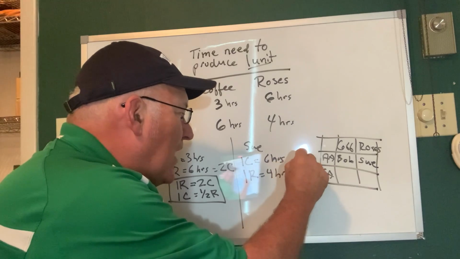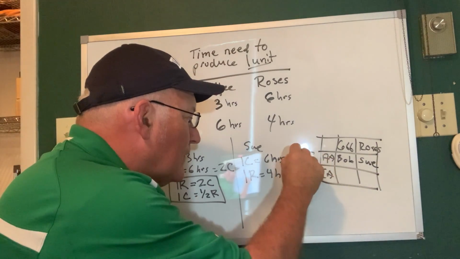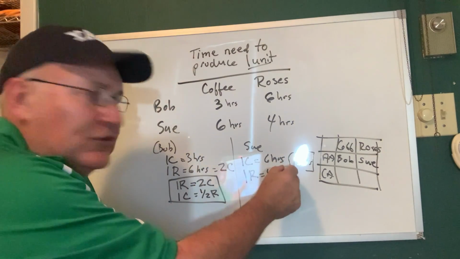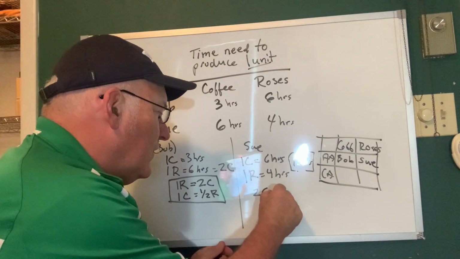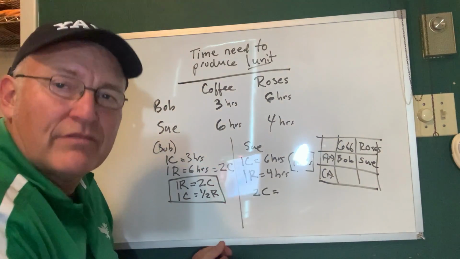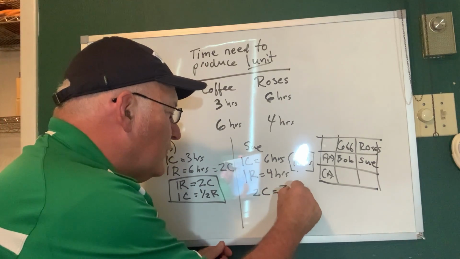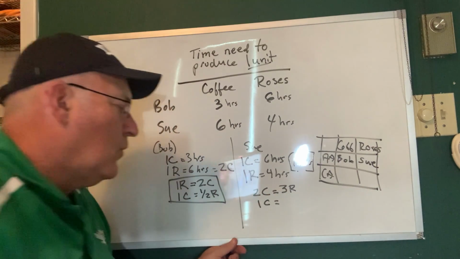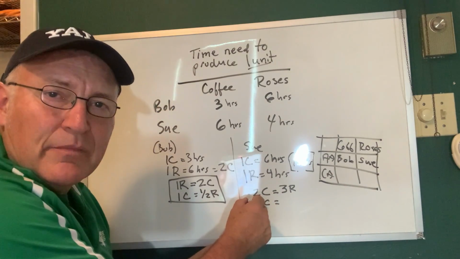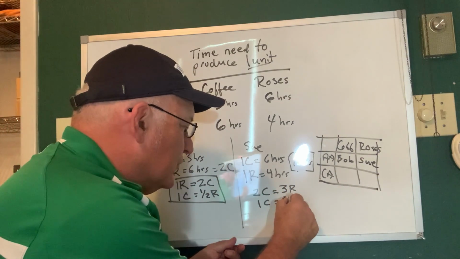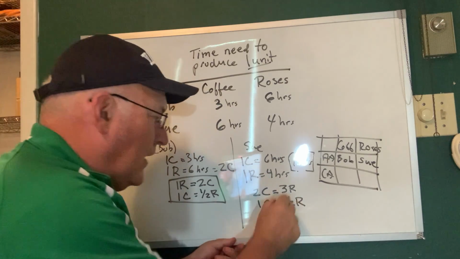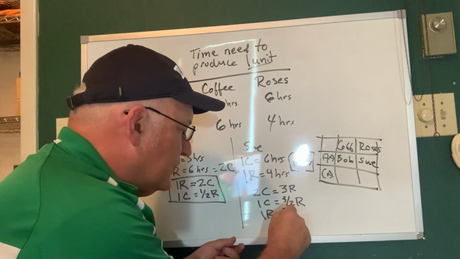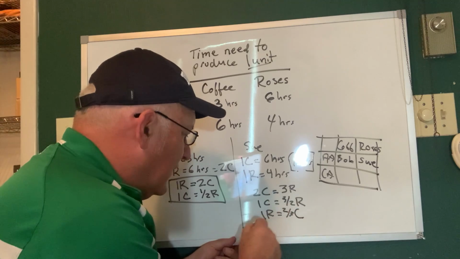So in 12 hours, Sue can either make, 6 goes into 12, 2 units of coffee, or 4 goes into 12 three times, 3 units of roses. Again, if we reduce down to 1 rose, 3 divided by 3 is 1, and then 2 divided by 3, coffee, and there